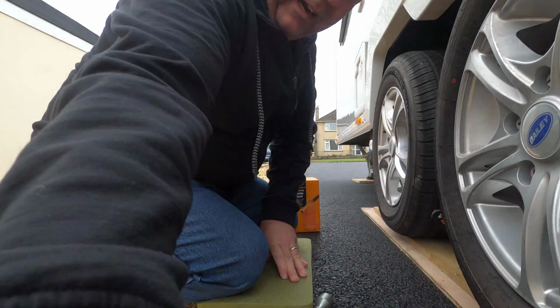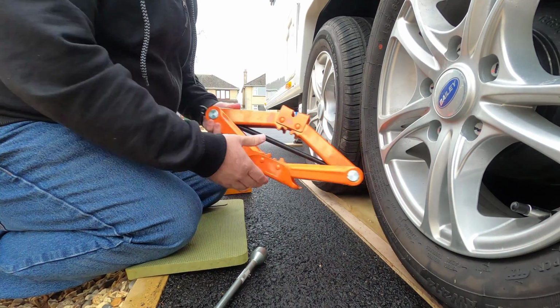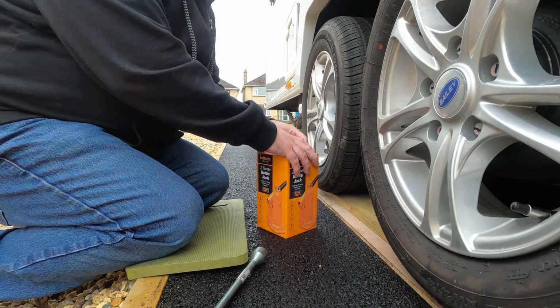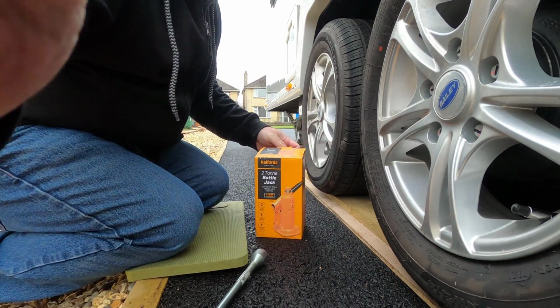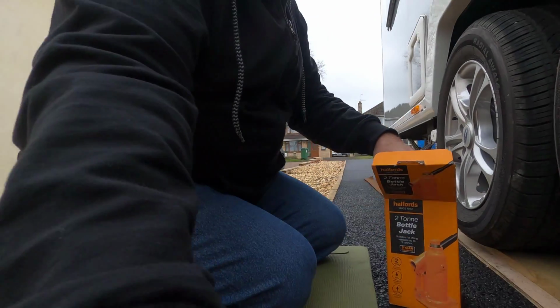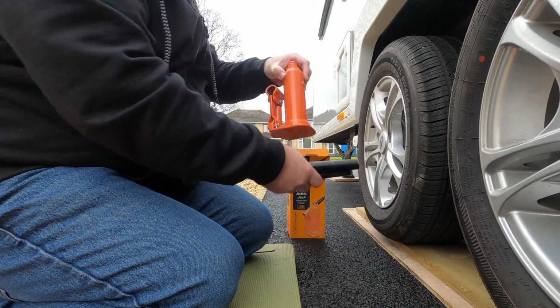I got the little knee pad out, and I think this scissor jack would be good, but I can't use it in this instance because I want to take the wood out, because I want to make the caravan less level. I've dropped the front down, so water on the roof is now going to go to the front. I want to take the wood out that's levelling it, so then it will tip to one side and all the water will just flow off quite happily. So I'm going to get the old bottle jack out